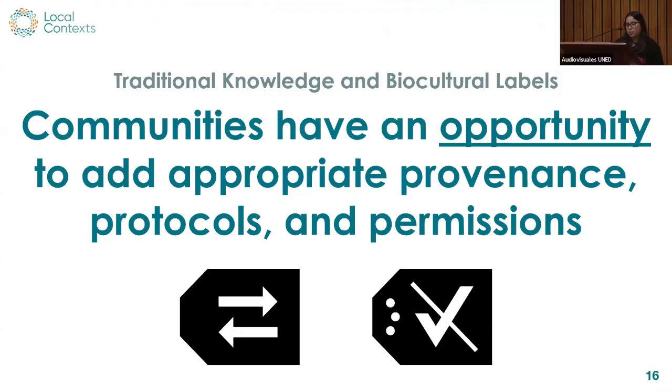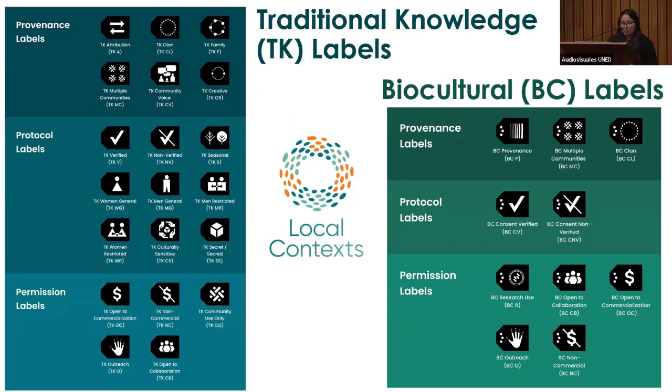So the Local Contexts labels support indigenous communities to reinsert their cultural authority and sovereignty into these spaces. Communities can use these labels to clearly state provenance, protocols, and permissions of materials. They are a way to keep indigenous rights and interests within collections and data as they move through different systems, particularly digital environments. The labels are assigned by communities in ways that are consistent with the existing community rules, governance, and protocols. The goal of the labels is to support that basic acknowledgement and attribution, but they also move towards supporting indigenous authorship, access, authority, and sovereignty,